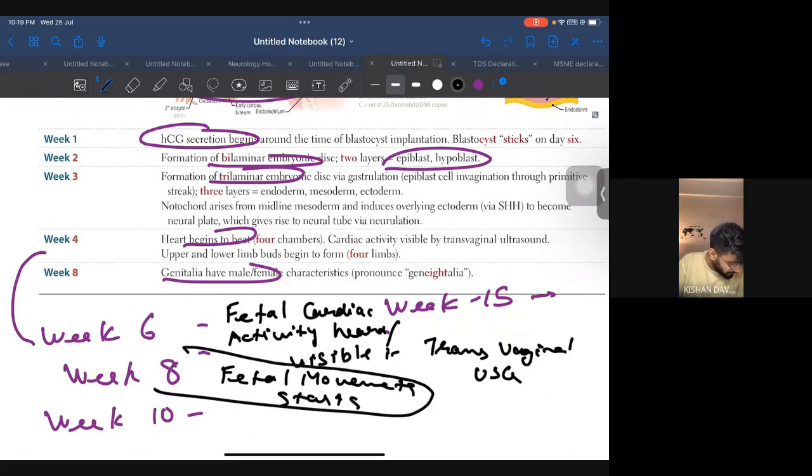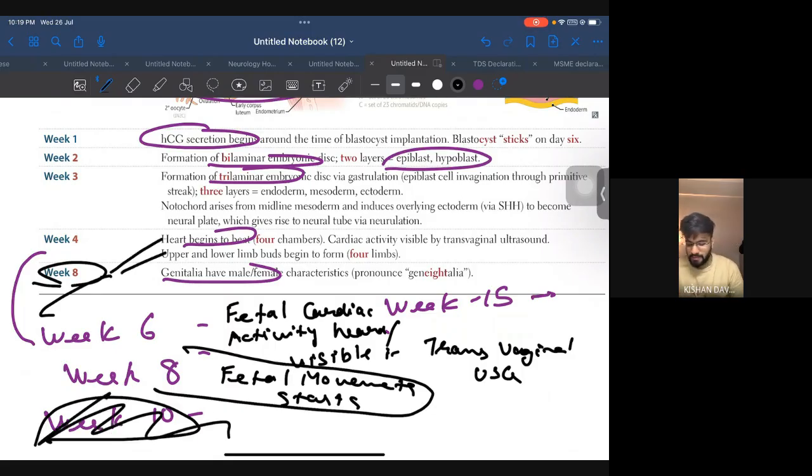In week 10, here they have given week 8, but in the old edition it is week 10. So we will follow week 8 only because it is the new edition. Okay. Generally, I have male female characteristics, so we'll follow the new edition only. Okay. One important point,